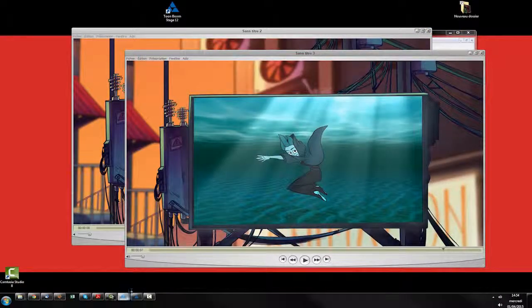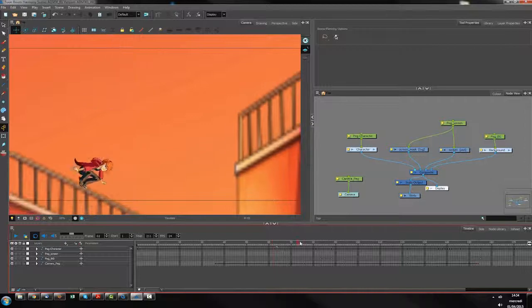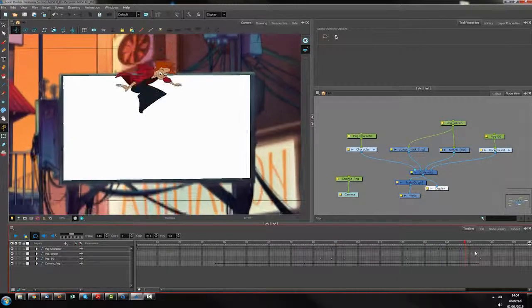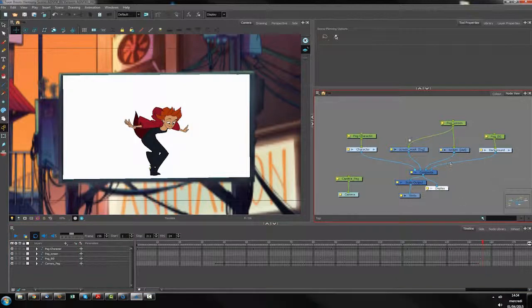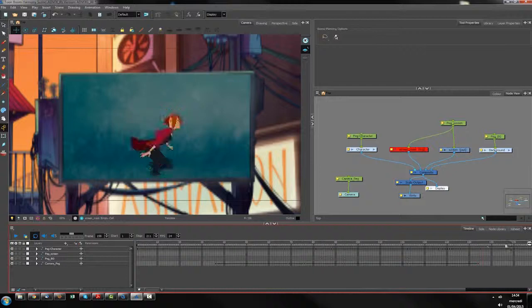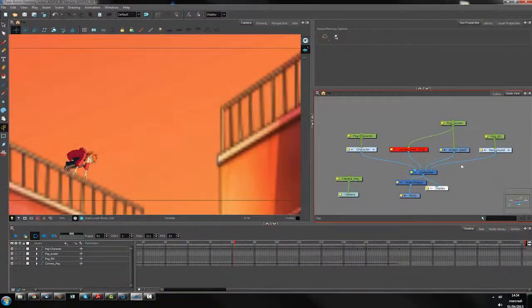Now let's jump inside Harmony. So I opened the original scene. As you can see, the guy is jumping and going inside. There's this mask which was enabled for the movie, and here is the character going inside. First step,